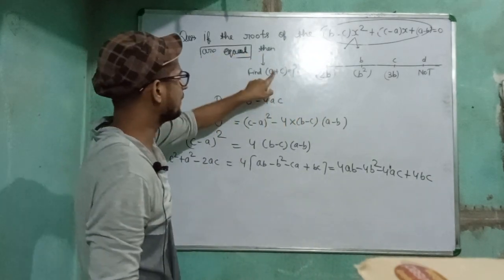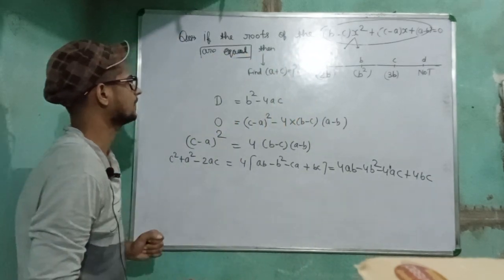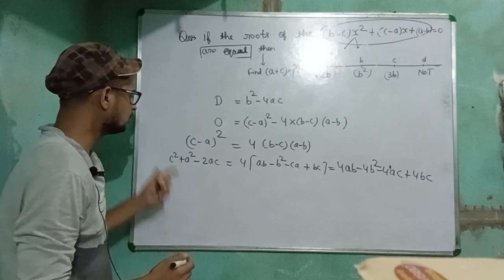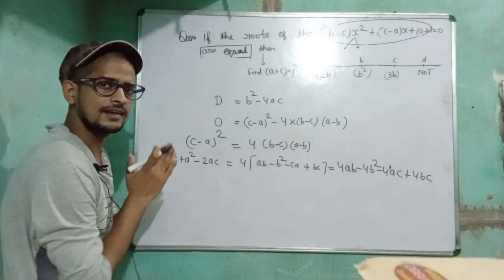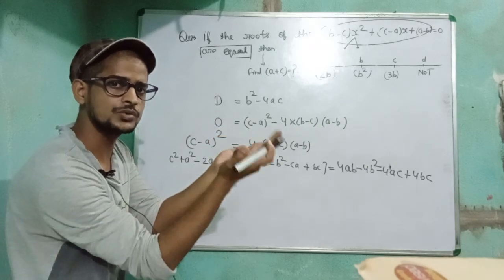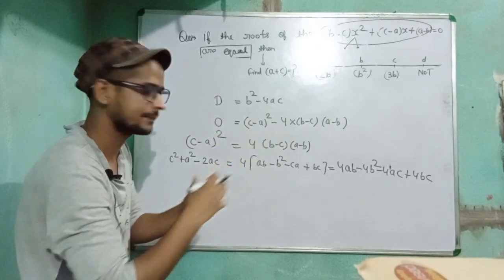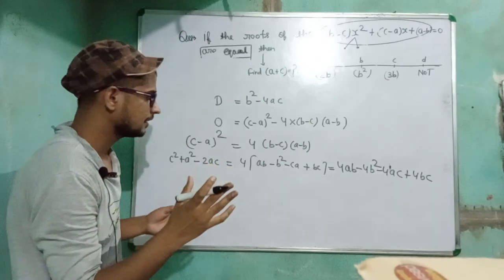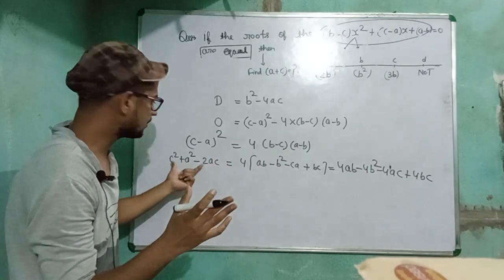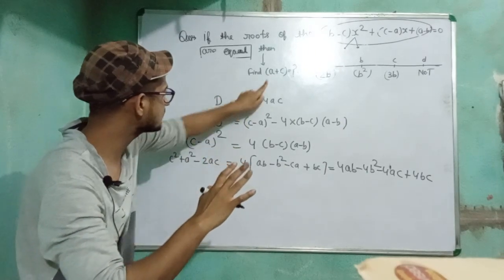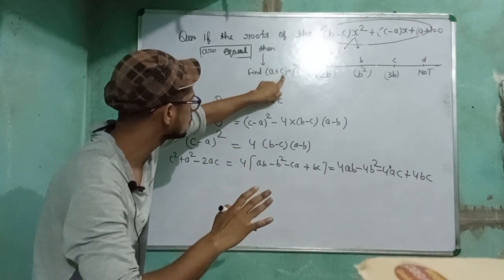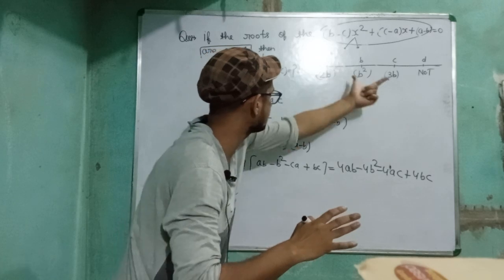Now look, you have to develop a plus c. You must know the identity of a plus b plus c whole square. Unless you know the identity of this type, you can't develop a relationship like a plus c is equal to what, which should come out in terms of b.